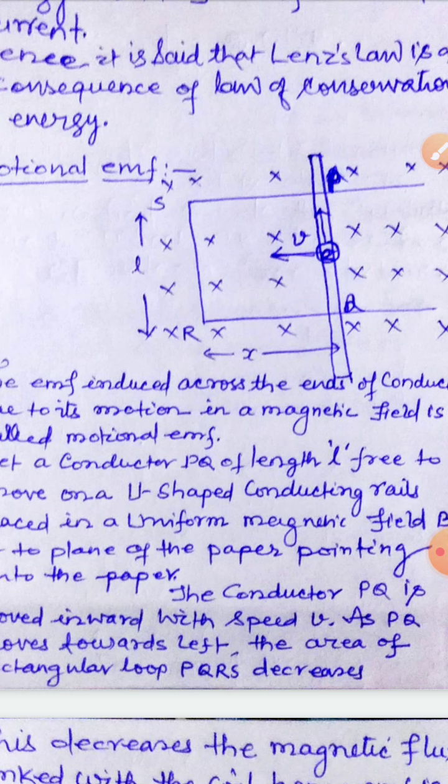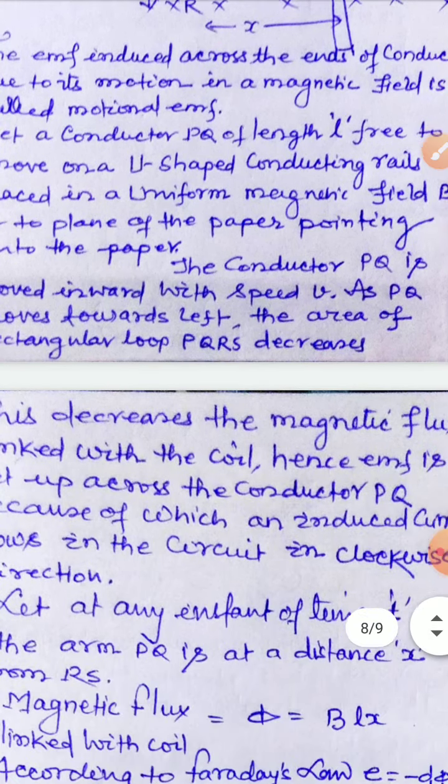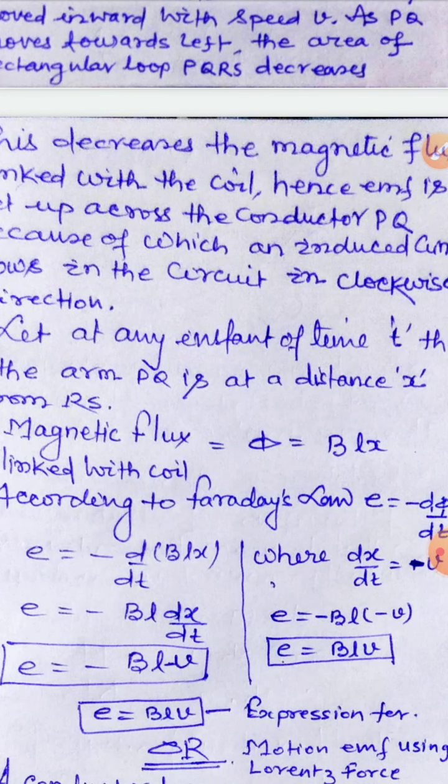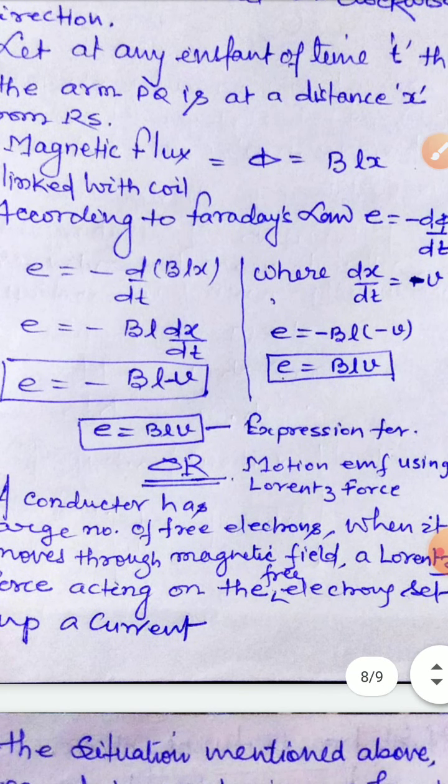Now L is the length of the conductor PQ, so the area of the coil will be L into X, and the magnetic flux linked with the coil is equal to B into A, so it will be BLX. Now from Faraday's law of electromagnetic induction, we know that E is equal to minus d phi by dt. Putting the value of phi, we get minus BL dx by dt, and minus dx by dt is minus v, as x is decreasing. So finally we get the expression for EMF as